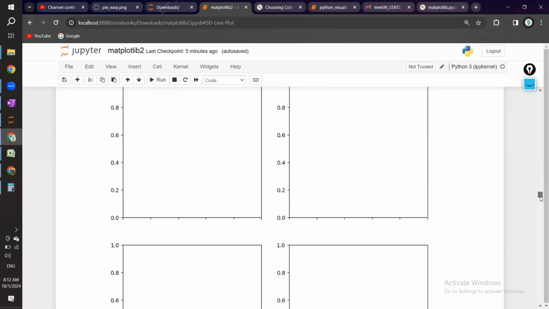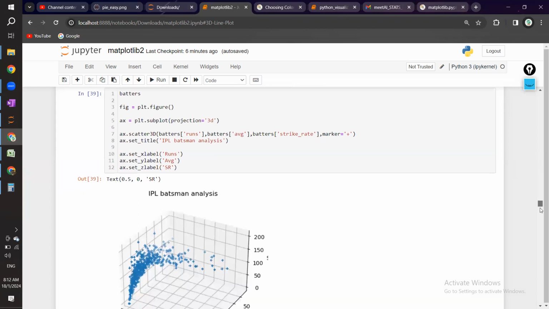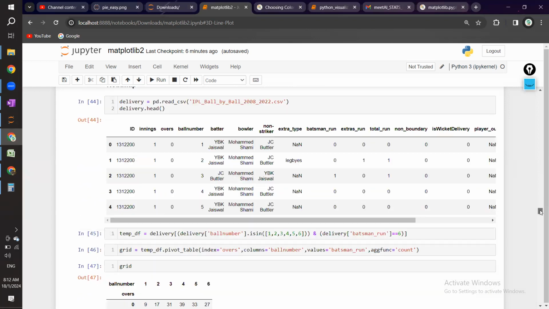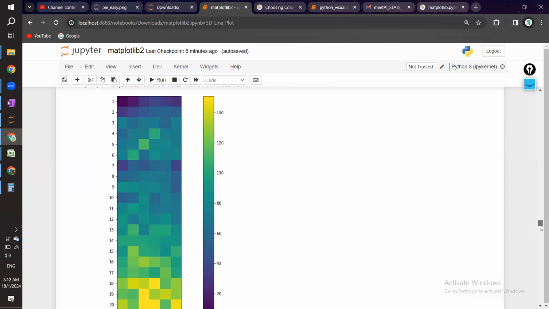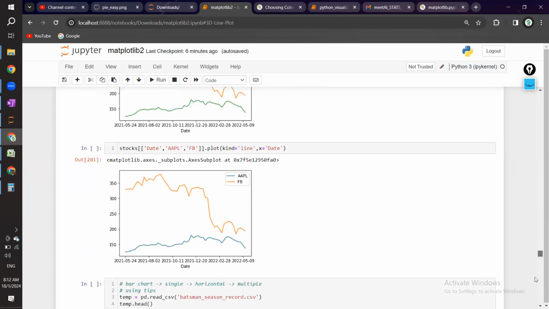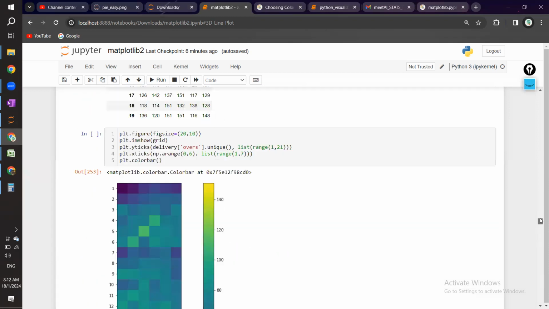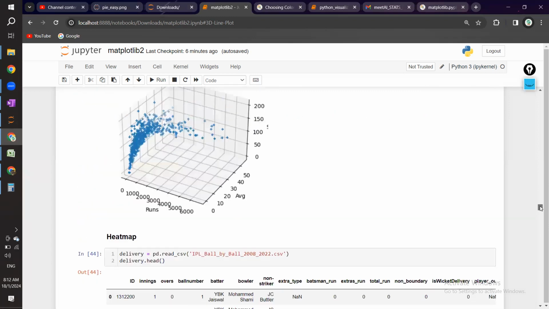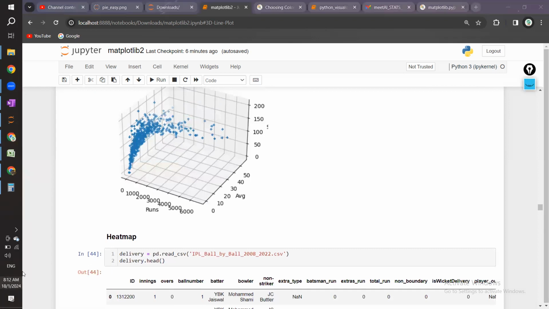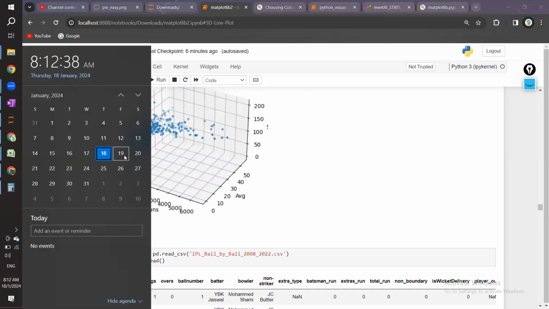What do we have? We have these plots and scatter plots. Let me see, how many days do we have? We have 2 more days. Right. Fine. I would say